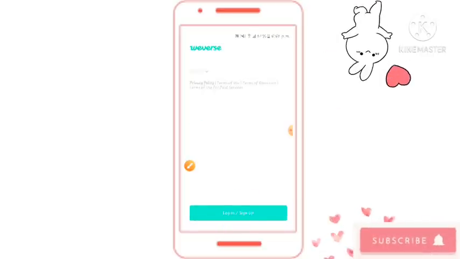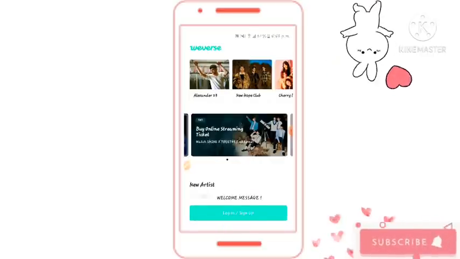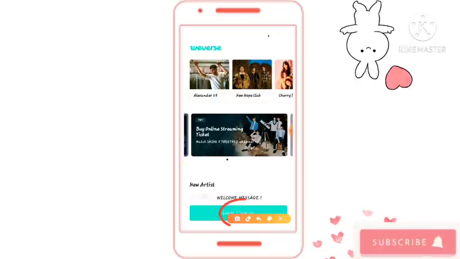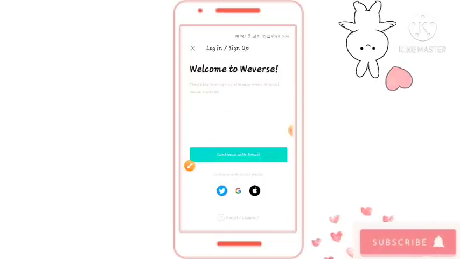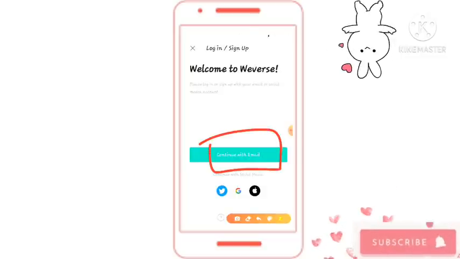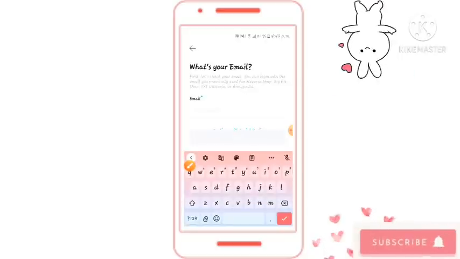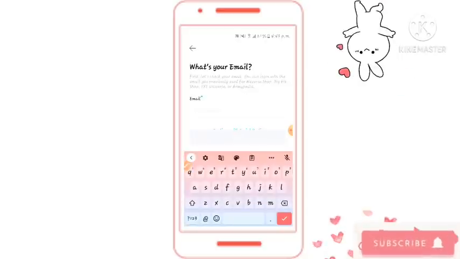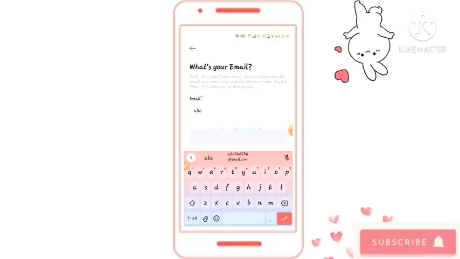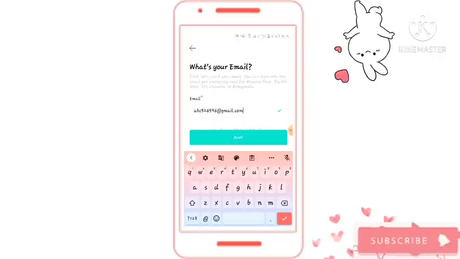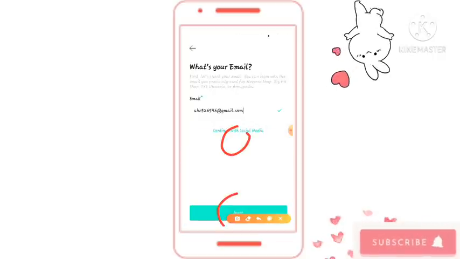After clicking on next, it will ask me to log in or sign up. So I'm going to click on login or sign up, and then click on continue with email. After that, I'm going to fill my email ID into this field. After that, I'm going to click on next, right over here.